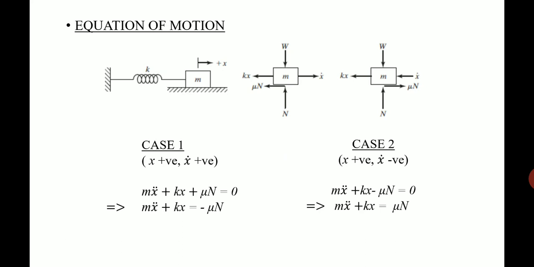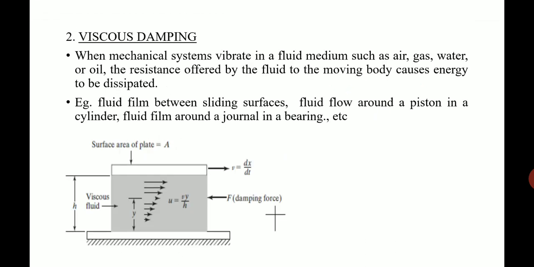Coulomb friction. Coulomb damping is caused by the frictional force between the contact, and there are two cases where the direction of velocity varies during the course of oscillation. In the first case, the body is being displaced from the mean position to the extreme position. At that condition we have analyzed case 1. In the second case, the body is coming back to the mean position from the extreme position. Still the spring is extended, still the mass is at a displacement towards the right side. Okay, so that is what you have to understand.